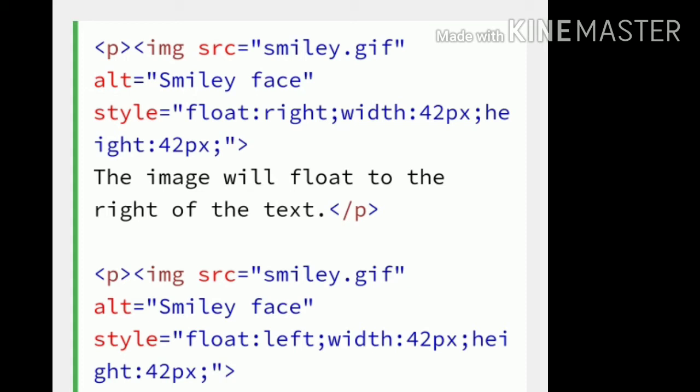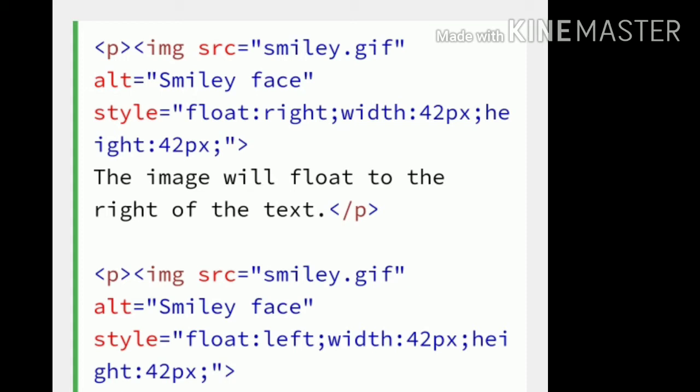The image tag is over. In the image tag you are giving the float right, so that the image is placed on the right side, with width 42px and height 42px ending with semicolon.